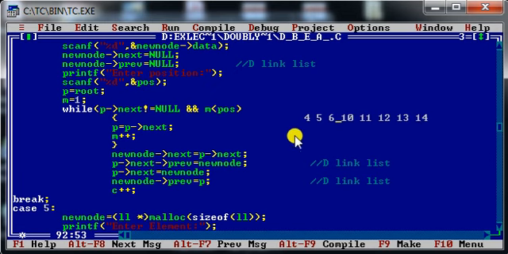Fine. Initially my root pointer is at 4. At the same time my P pointer is also at 4, right? Let me tell you that the user has provided the position that he would like to enter a new element after the third position. After which position? After the third position. Fine. So when I am here, my M is equal to 1, P is also here, right? It will check my position. Position is 3.